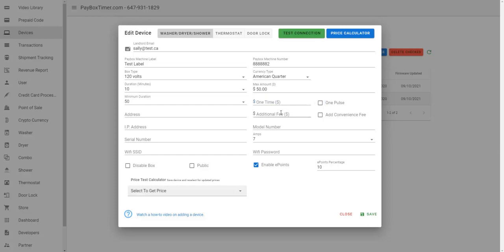In addition to that, there's also an additional fee that you can add on top, $2, and you can also add a convenience fee, which will take care of any credit card transaction fees that are associated with using credit card transactions for your